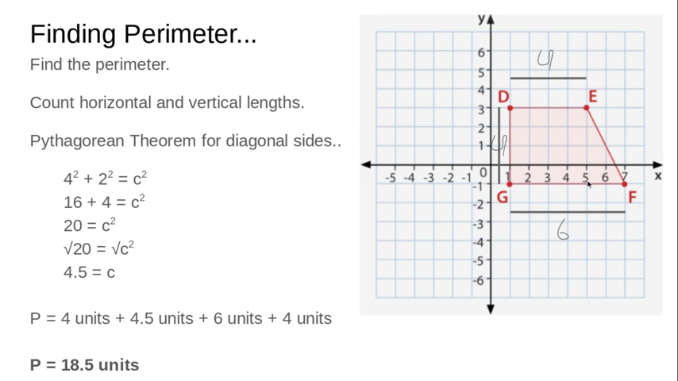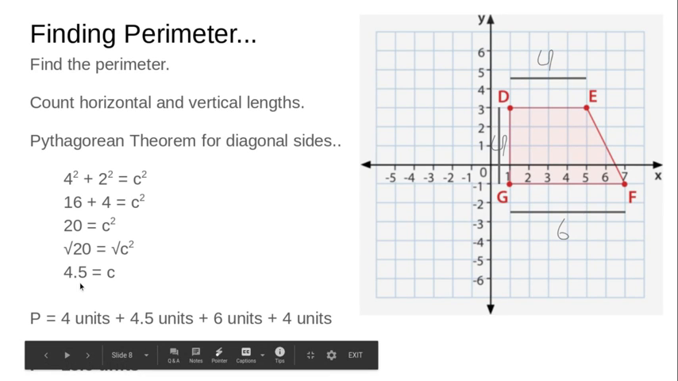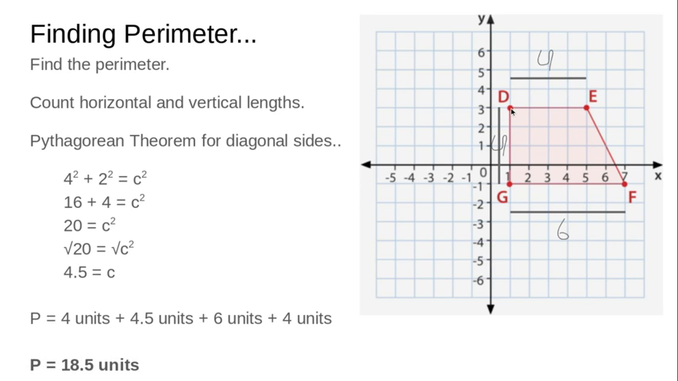So 4 squared and 2 squared will be our legs. So 4 squared is 16, 2 squared is 4, 16 and 4 add together to make 20. Remember, that's the value of c squared, not of c itself. So we need to take the square root to get rid of the squared. The square root of 20 is approximately 4.5. I had to round that up, I think, as the approximate value for c. So you take your shape, and I started at the top left again and went clockwise. So 4, 4.5, 6, and 4, and that adds up to